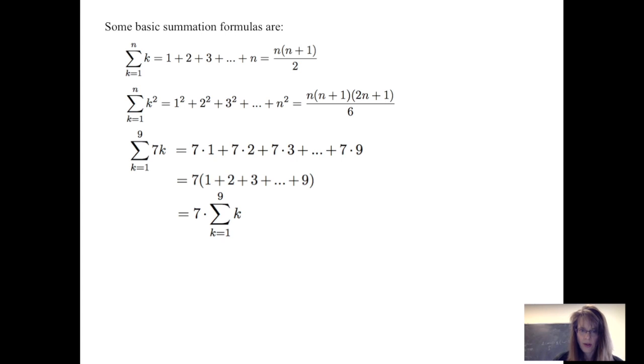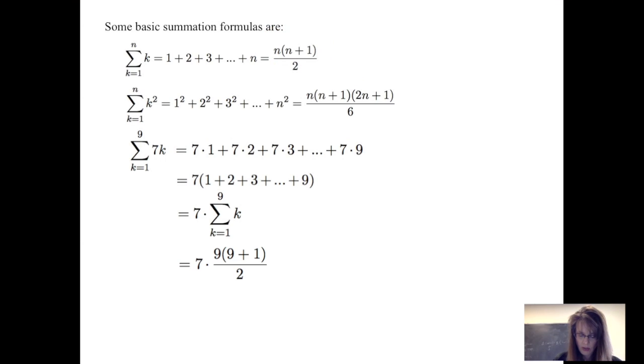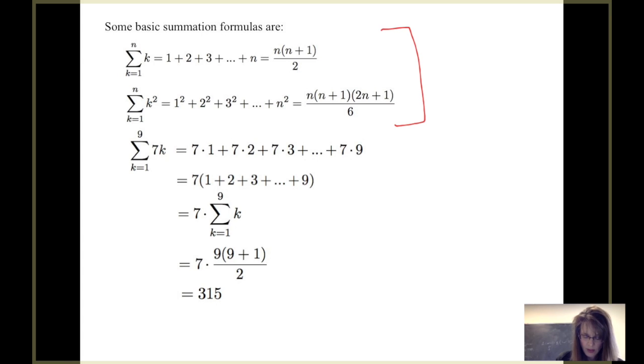And at this point, I can use my formula that the summation of k from 1 to n is n times n plus 1 over 2, which here is simply 45. So I get 7 times 45, which is 315. So we're going to use these two formulas to finish our work with the problem